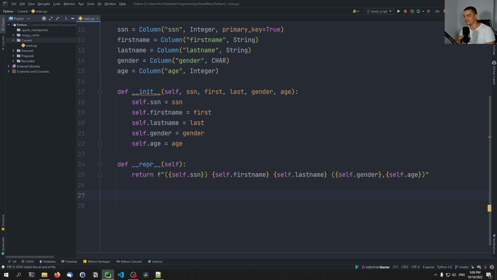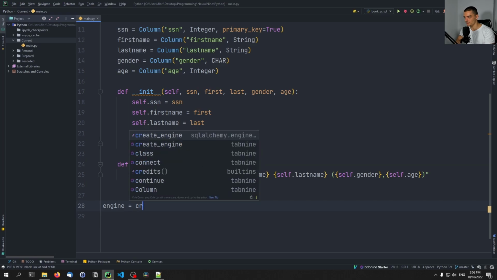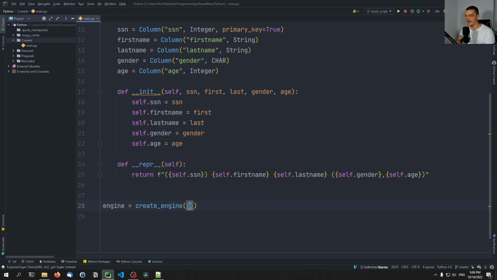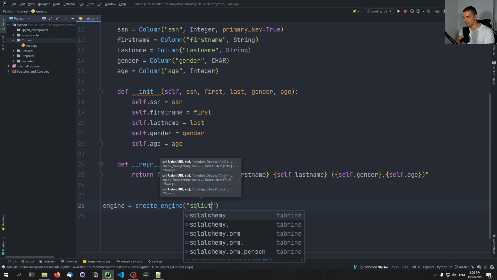So what we need to do next, once we have the classes, or in this case the one class, is we need to create an engine. So we say engine equals create engine. And now we need to specify the database. So if you have MySQL, there is a way to connect to MySQL. And for all the different database types, you have different ways to connect to them. In this case, we're going to just say SQLite